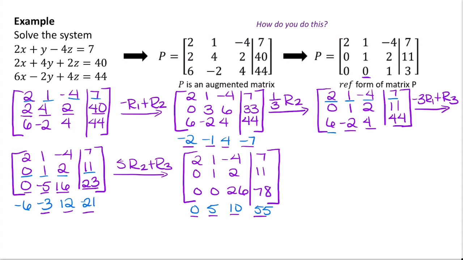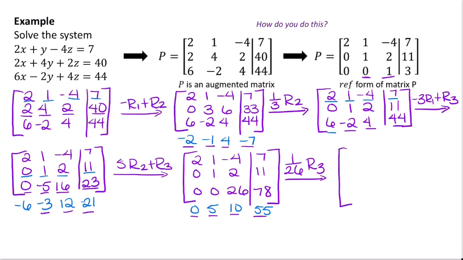We have our corner of zeros that we needed, but we need to get this final element of row 3 to be a 1 before we can be fully in row echelon form. So the way to do that is, you see I have a 26 here, and I just need to get that 26 to turn into a 1. Well, I can just multiply by the reciprocal of 26. I can multiply by 1 over 26 in R3, and that's going to help me turn that 26 into a